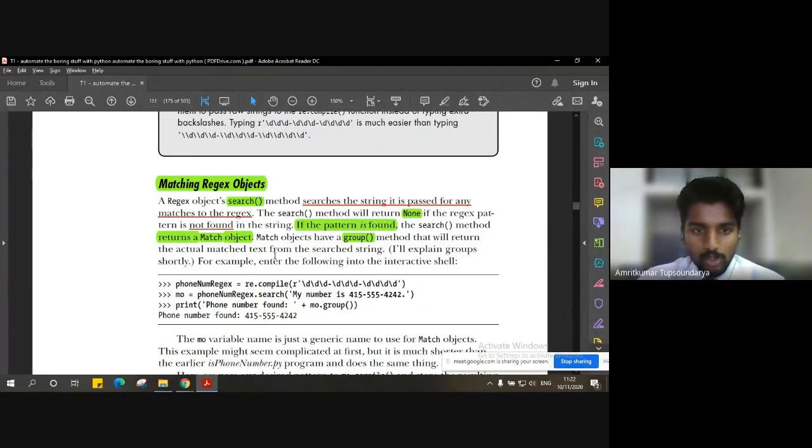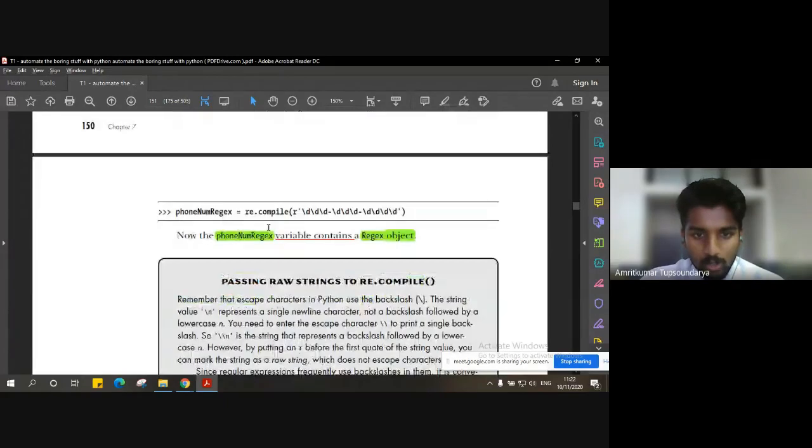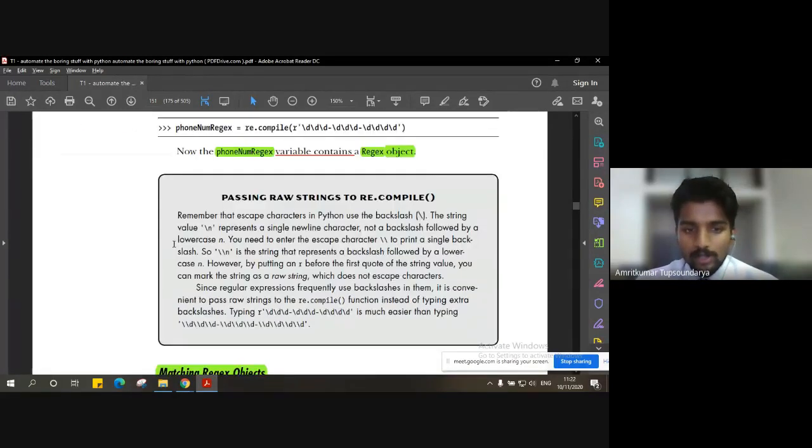Whatever object the regular expression compiler returns will be stored in this variable. How do we deal with the objects when we have multiple objects? Here in this case, it might be a single object, so we are storing it in a single variable. Now, what if we have multiple objects getting created? We have to group those objects to produce a single result. I hope you are getting my point.